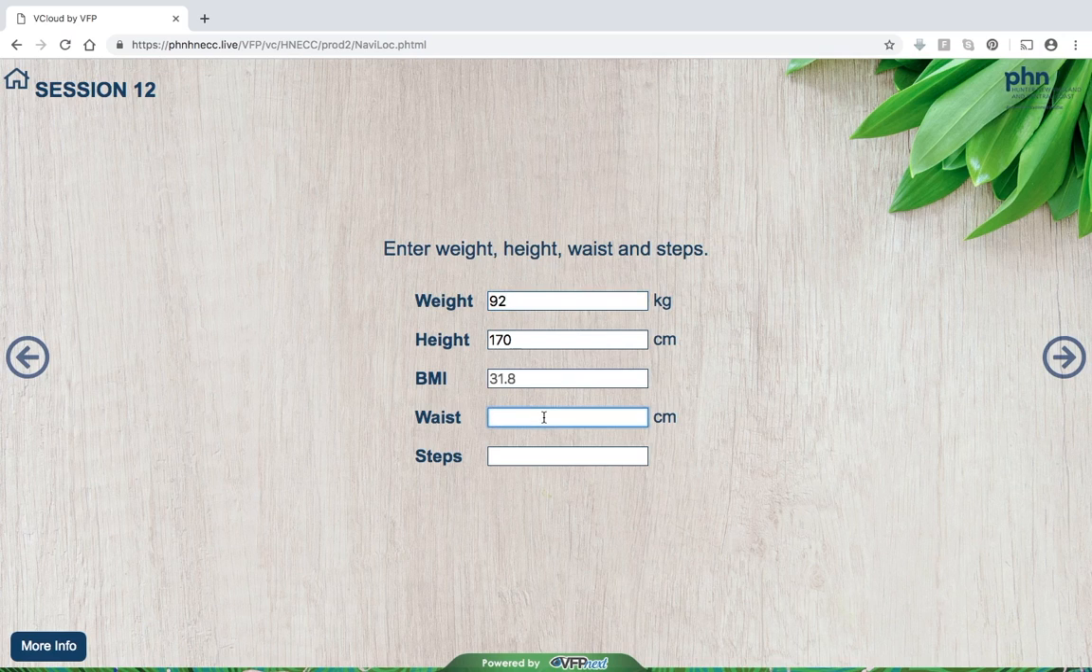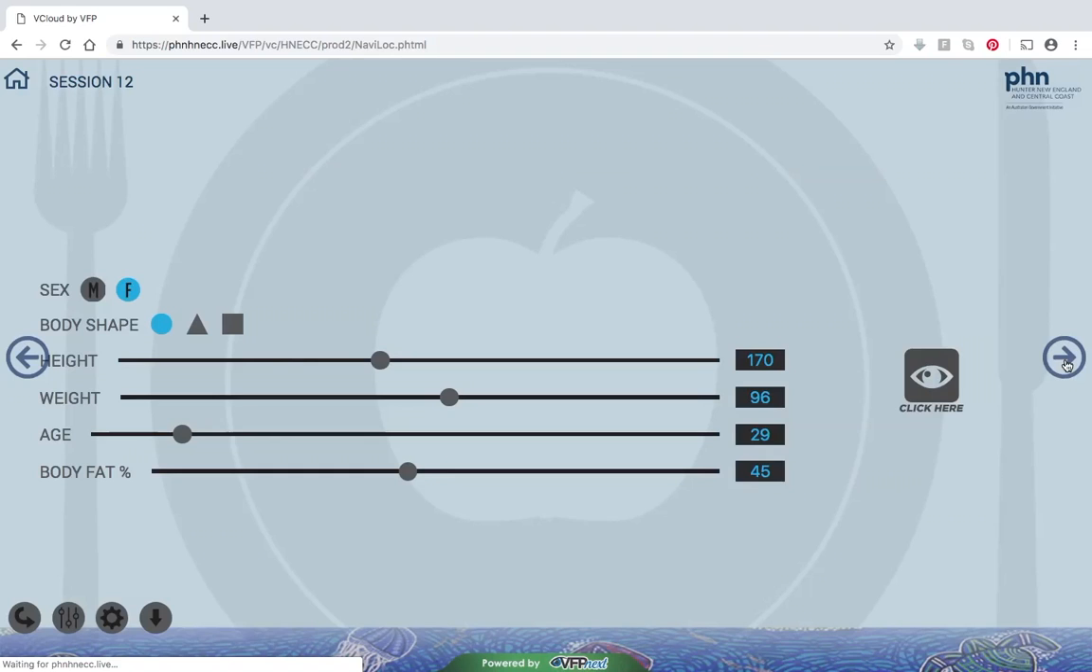Doing their waist circumference and inputting their steps. So then we move on to